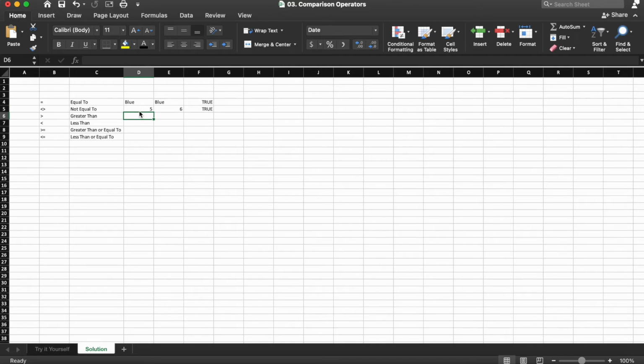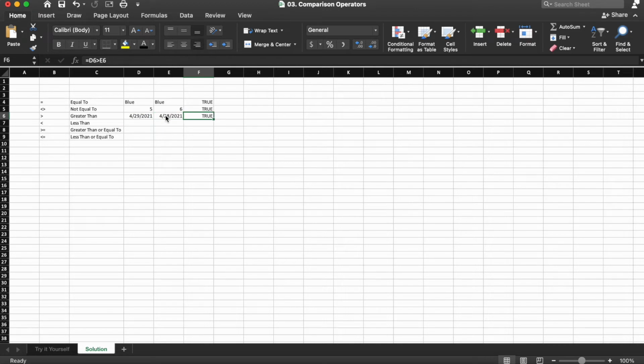Okay, so next we're going to do greater than, and so let's do a date this time. We'll do 4/29/2021, and then we will jump over to cell E6 and we will do 4/28/2021, and then in F6 we're going to do equals D6 greater than symbol E6.